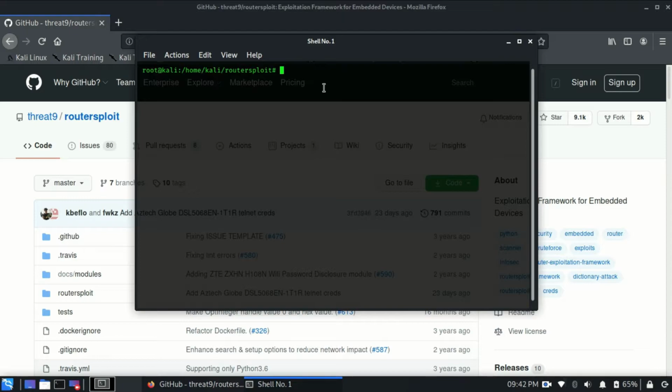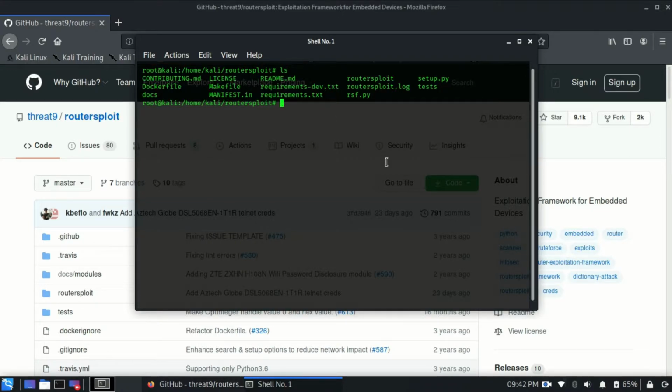As you can see, now I am inside it, and let's see what files are inside this directory. There are a lot of files. The first file we need is the requirements.txt. This file contains all the Python modules which are necessary for running Routersploit, and we need to install all these modules.